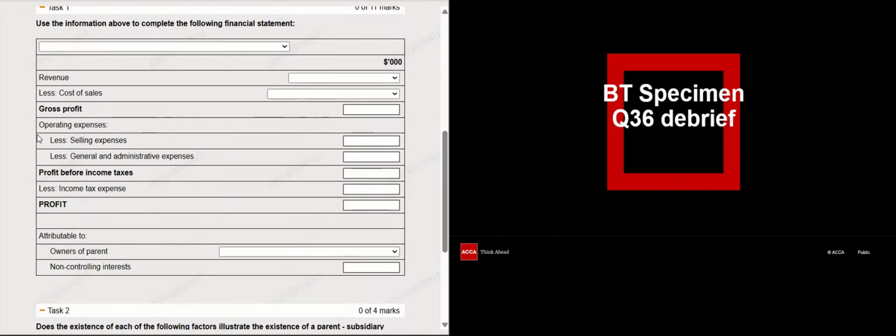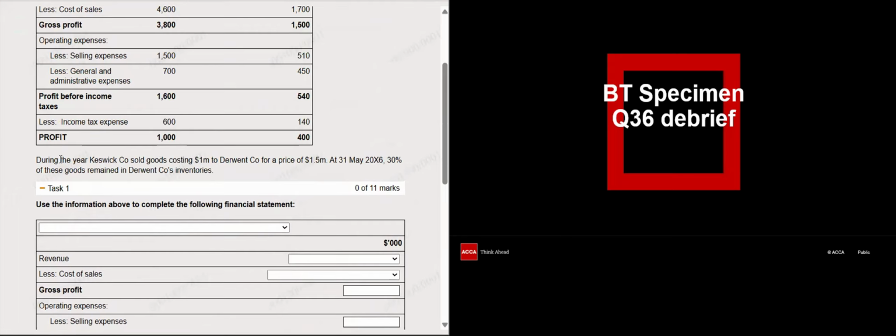Task 1 asks us to use this information to complete the following financial statements. We have got revenue, cost of sales, expenses, and profit. And therefore, we are looking at a consolidated statement of profit and loss account. At the end of the background information, we also have an intra-group adjustment that we will need to incorporate while